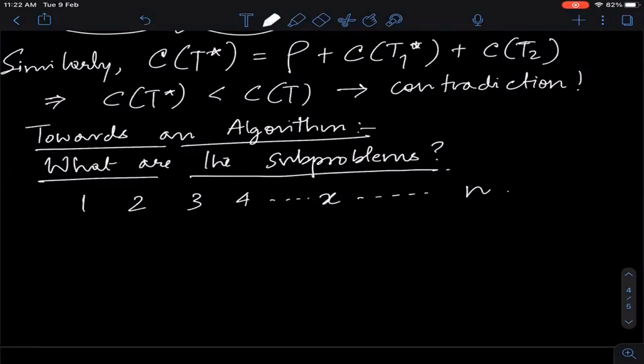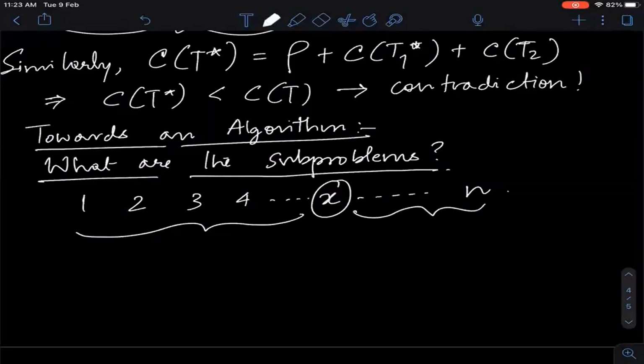Now first of all, we have realized that at the top level there are n possibilities of the root. Of course we have to consider all those n possibilities, because there is no oracle at our disposal who will tell us, hey, just make x the root. We have to go through all of them. But suppose I fix a possibility, that x is the root of this binary search tree. Then I know that I should solve the sub-problem on this side, and I should solve the sub-problem on this side.